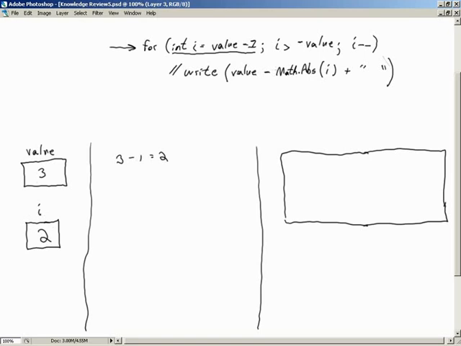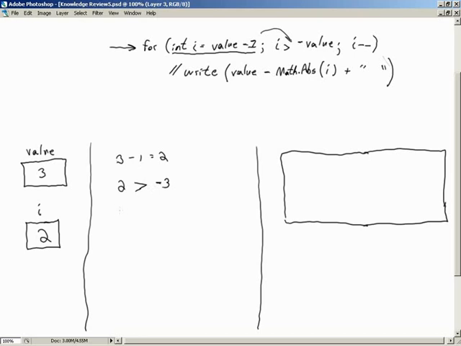And then what do? Well, we come over here and we say, while I, so what is I? It is 2, is greater than value with a negative in front of it, negative 3. All right. Is 2 greater than a negative 3? Shoot, yeah, I'd rather have $2 than owe somebody $3, okay? So that is true. So we're going to do the contents of the loop where we are going to write